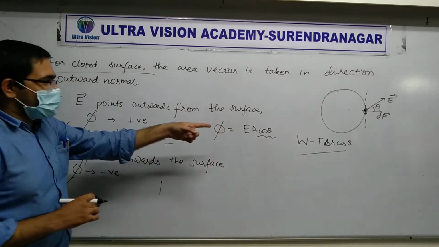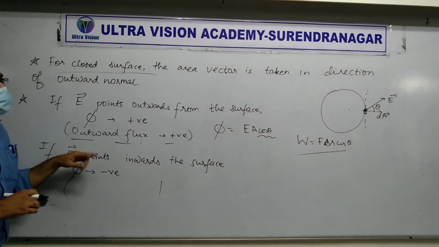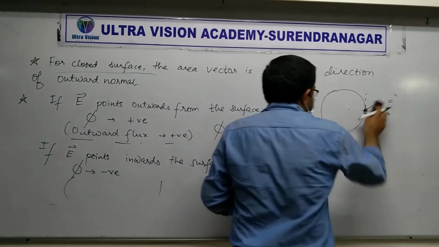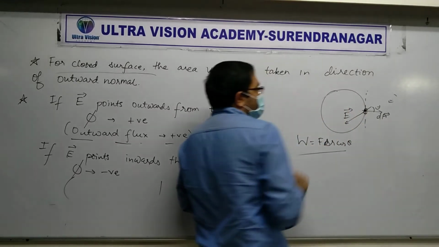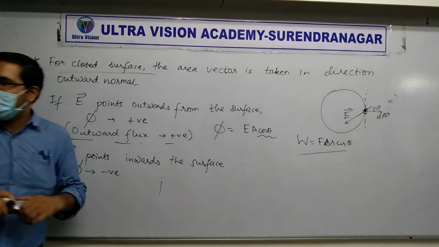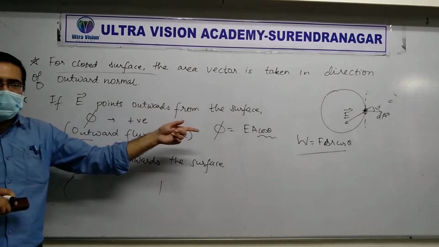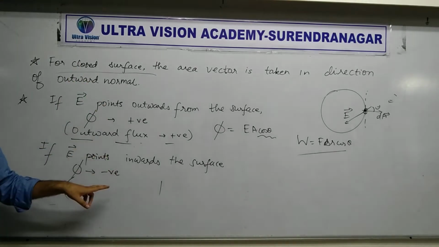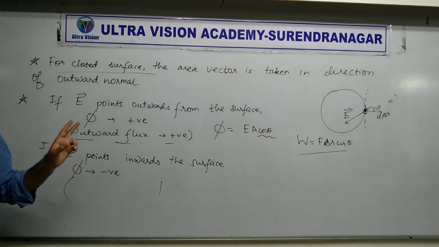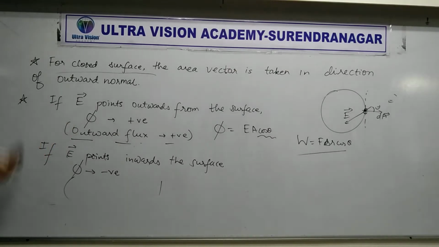If the angle is acute, as you can see in that diagram, then the flux is positive. What if the electric field was inverse? Then the angle would become obtuse. I hope you see that. In that case, cos theta is negative. Cos theta is negative, flux is also negative. Everything clear? Whatever is written on the board? Fine. Okay, I'm erasing it off. I will be pulling another.